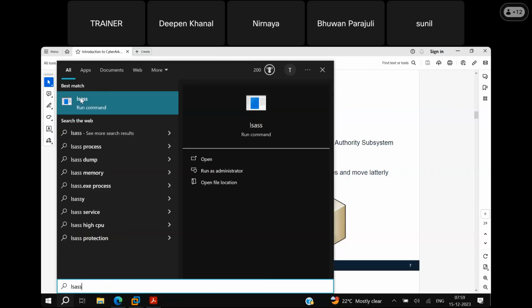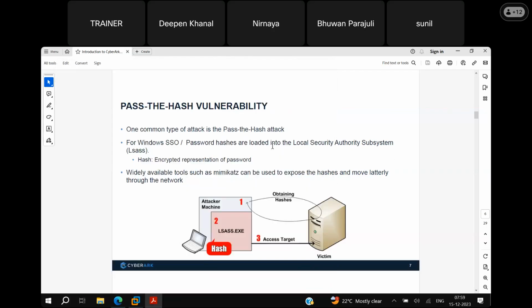So on a machine, we have the Local Security Authority Subsystem, on every machine. The passwords get stored under this LSASS. So whenever an attacker wants to attack the password of a particular privileged account, they will try to gain access.